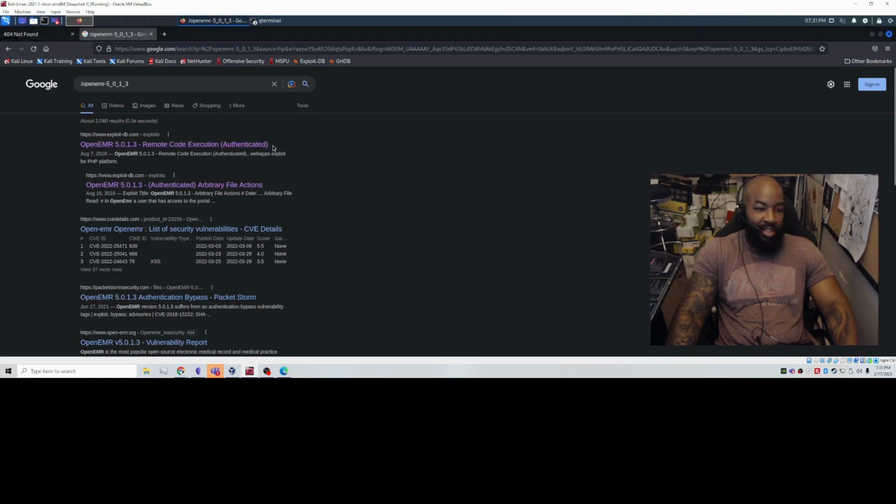5.0.1.3 is a vulnerability in the web app that allows remote code execution. Authenticated. Let me explain what that means. All right, remote code execution is when you're able to do things on somebody else's computer remotely. More than likely, you shouldn't be doing it. Authenticated means you have to have the credentials to do it. So that said,